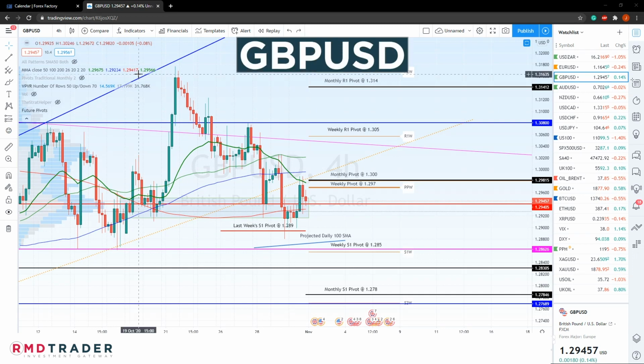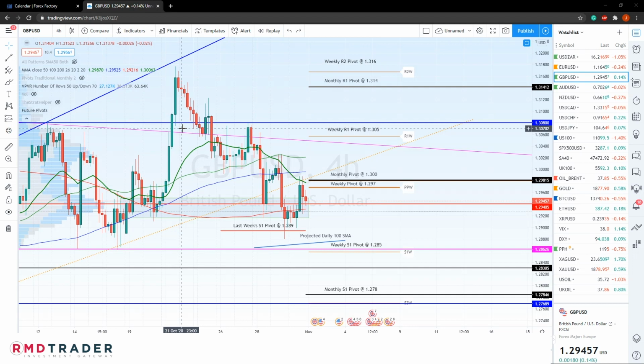We are now moving on to the GBPUSD. Last week saw price break below the pivot of last month, and as mentioned in our video, price then proceeded to the short target that we set at our weekly S1 pivot at 1.289. And we found that price found some initial support, and it's currently closed just below the new weekly pivot